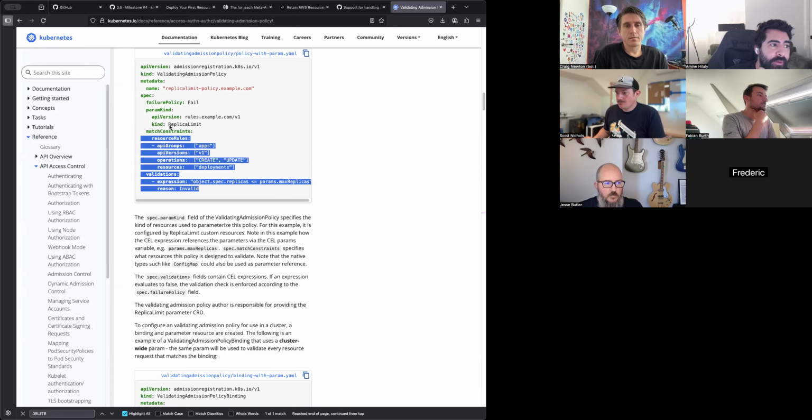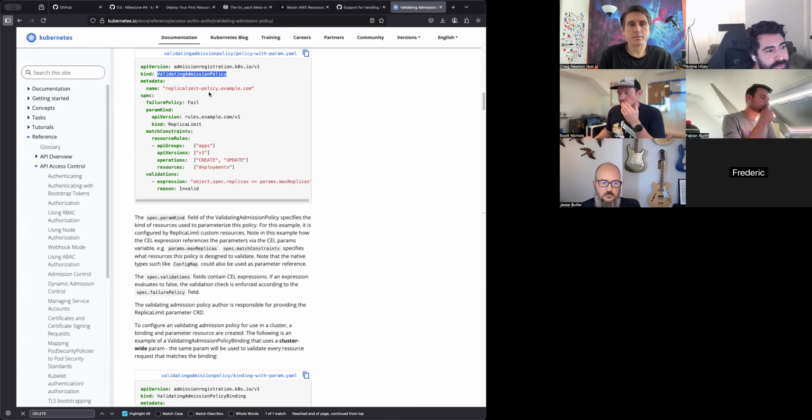And if you end up creating multiple VAPs, I am pretty sure this is going to have some performance issues on the API server side.